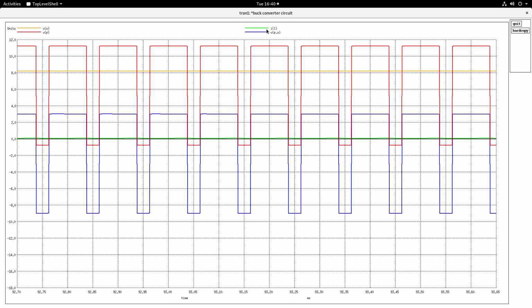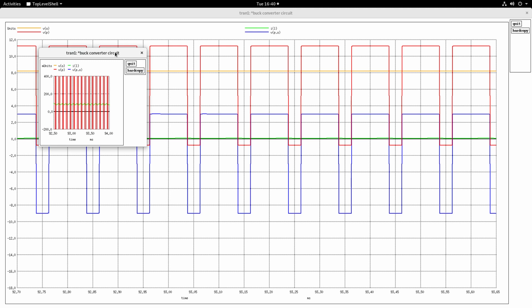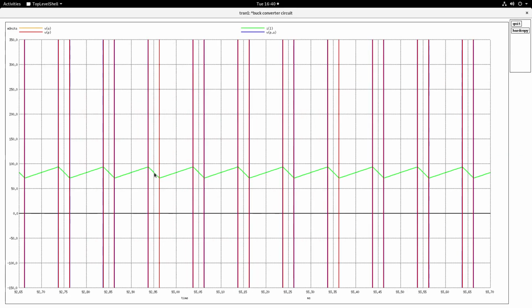Take for example the green colored IL waveform, very small here. If you want to see, you can right click here and then amplify them by taking a zoomed small portion of that. It will zoom in and you will see the inductor current wave shape as we had drawn while discussing the buck converter. So I will leave it to you to explore, change values, change duty cycle, change frequency, change the values of the LCs, and then explore and try it out and try to learn about the buck converter.